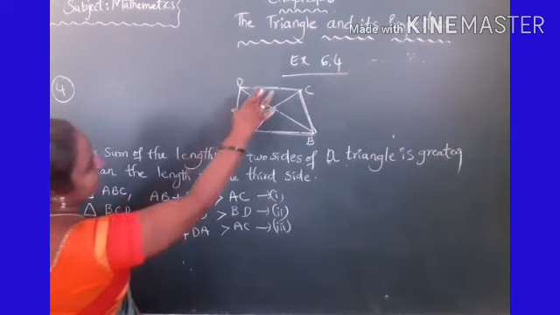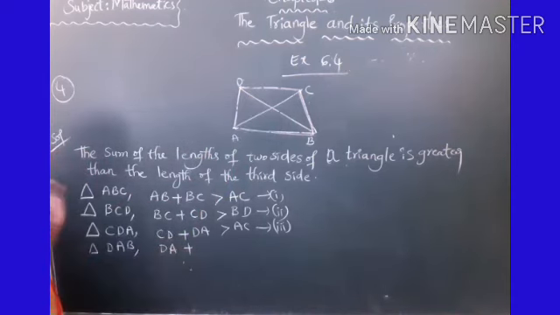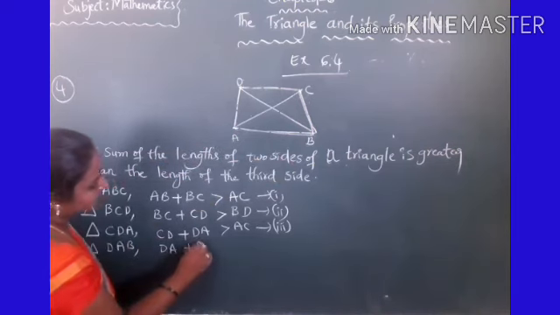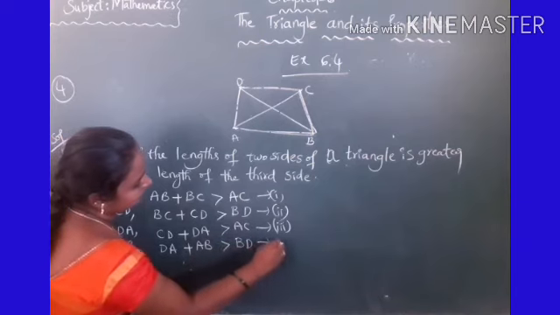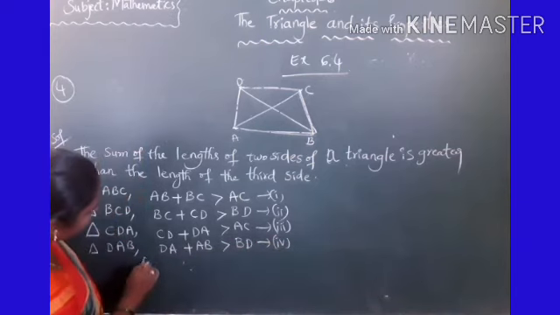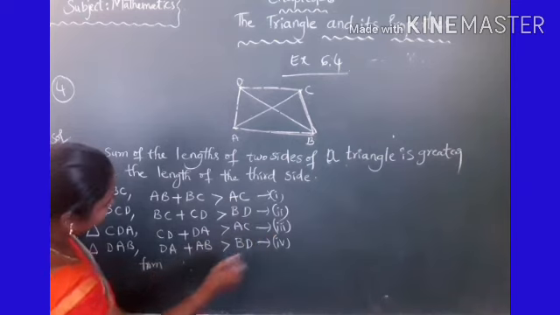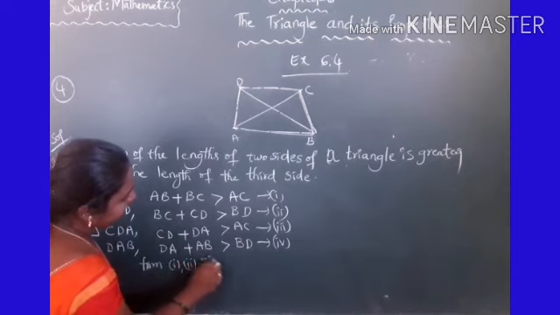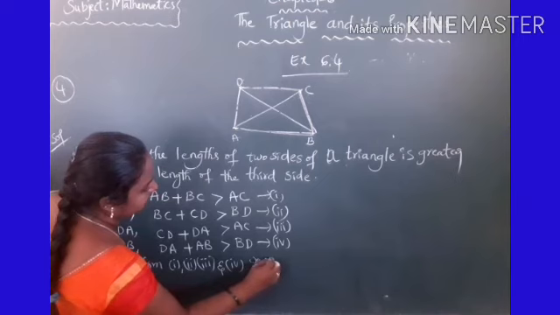Sum of two sides, DA plus AB, is greater than BD. Okay, so from the four steps, from 1, 2, 3 and 4 we get